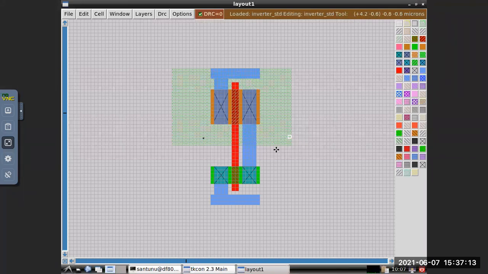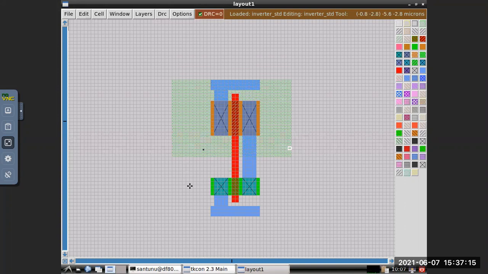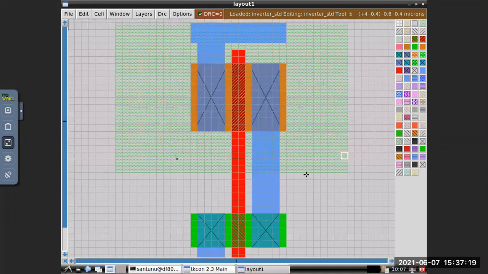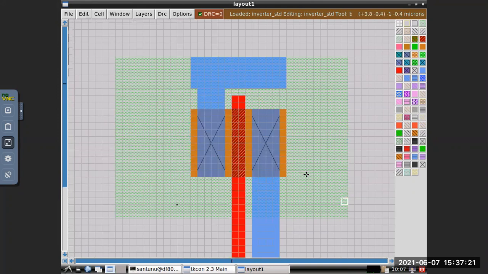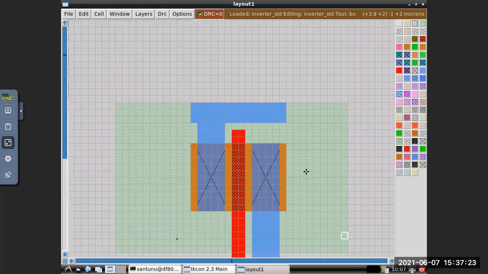Okay. So now what we will do? We have to put P diffusion NOL contacts.